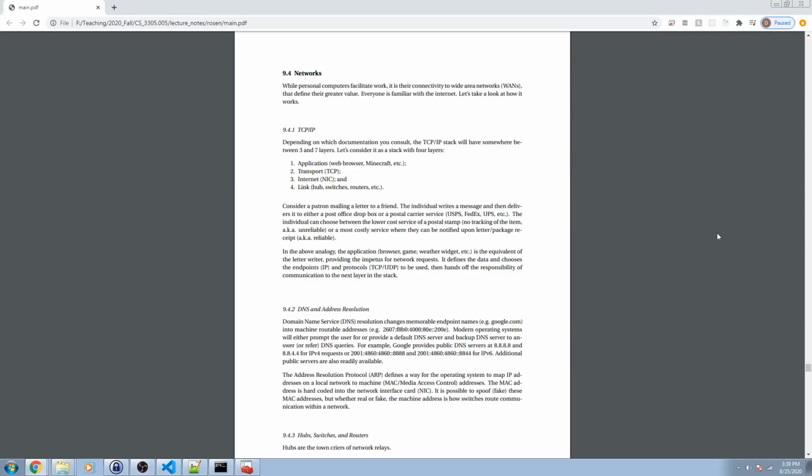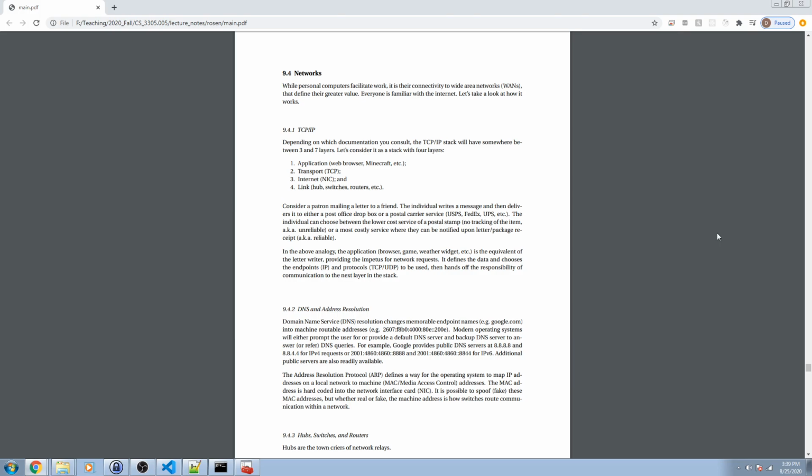Okay, so networks. Network security was my focus as an undergraduate software engineer, and so it can be incredibly complex, but the basic ideas don't have to be all that difficult. As I note here, computers are great. They're wonderful. That's kind of what we're here to study, right? The computer and what it can do for us. But